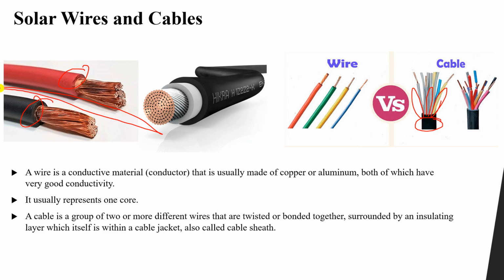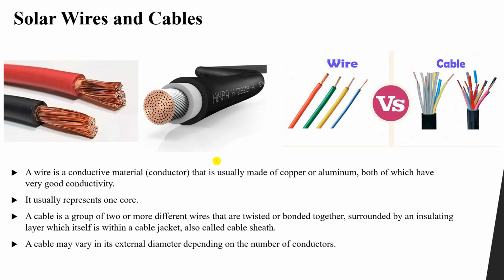In that video, we said that if we measure the voltage between the red one and the black one, we will have the total voltage, and between green and ground we will have half of the voltage. Okay,